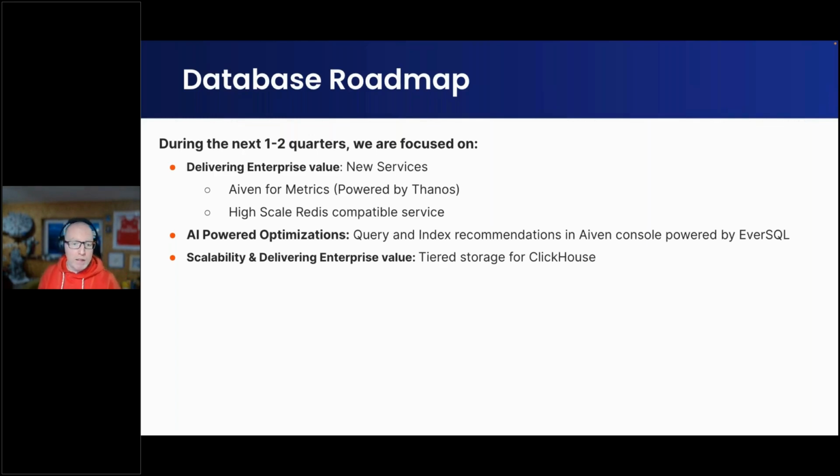Thanos being a Prometheus compatible open source project we're really proud to help champion, and we've got a committer in the org already. Really excited about that. I think they're going to be running alongside KubeCon, so you should be able to see more there. Please head along. And also in demand to our enterprise need, we're partnering to deliver high scale Redis and